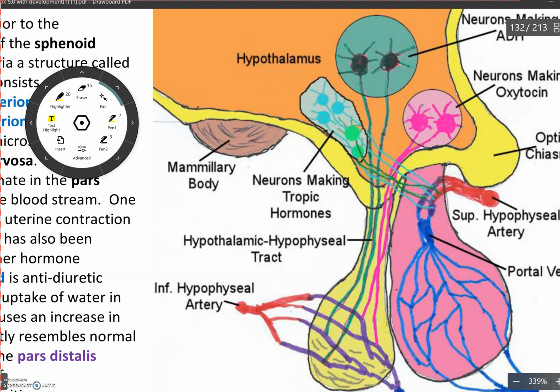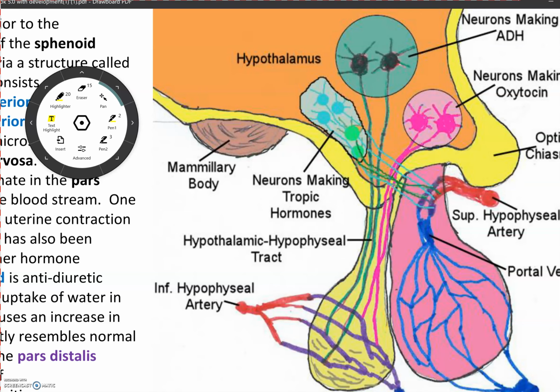this hypothalamic hypophyseal tract. Axons from a couple nuclei are going to go down that tract and control the posterior pituitary. Now, the anterior pituitary is also controlled by the hypothalamus. It is going to have neurons in the hypothalamus produce tropic hormones that are released into this plexus of blood vessels. Now, the tropic hormones go to the anterior pituitary, and they cause it to make 6 hormones that all